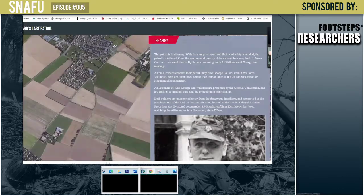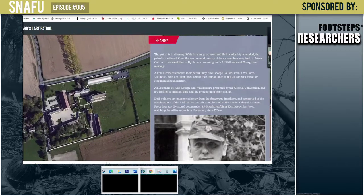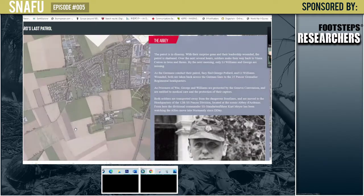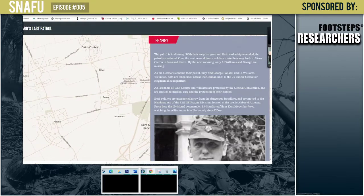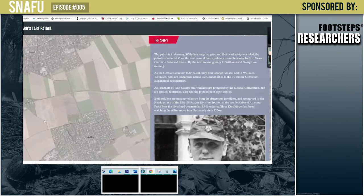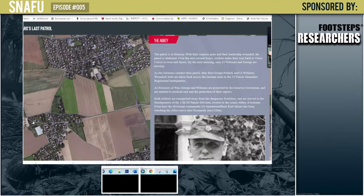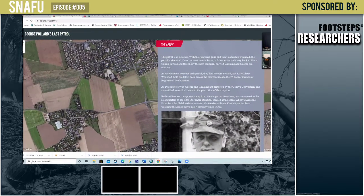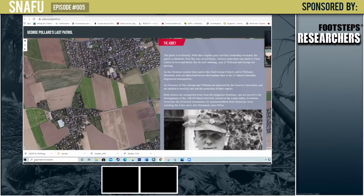To see literally the route that they took before they were picked up and murdered by German soldiers is, this area is probably less than a mile and a half, right? Right. So, anyways, this is the great thing about the story map. It's amazing for telling the finer details. This type of tool is great to tell exactly somebody's footsteps, where they started, where they ended, and then you start to throw in